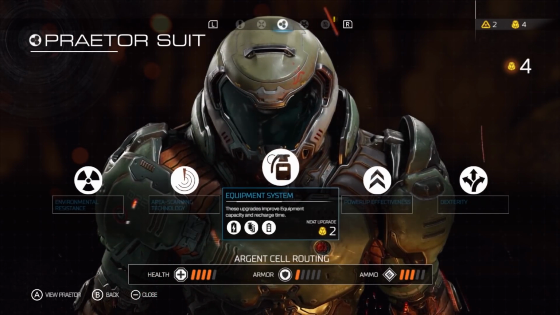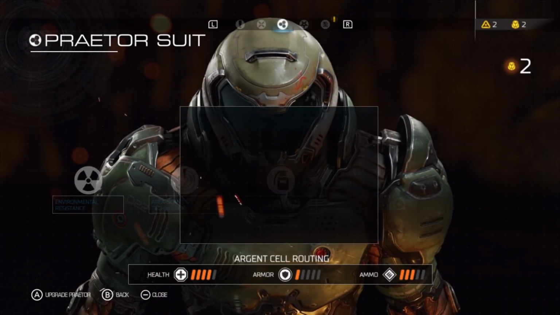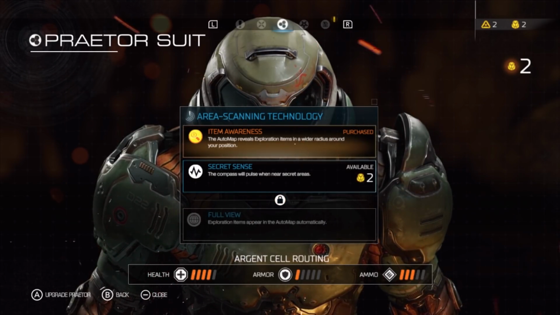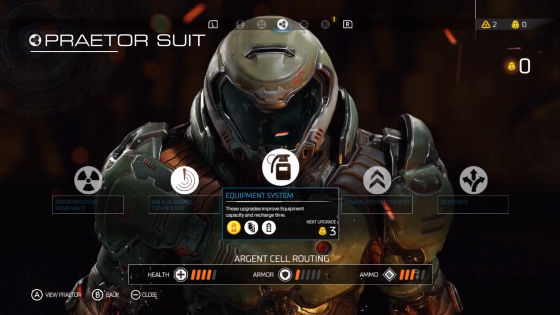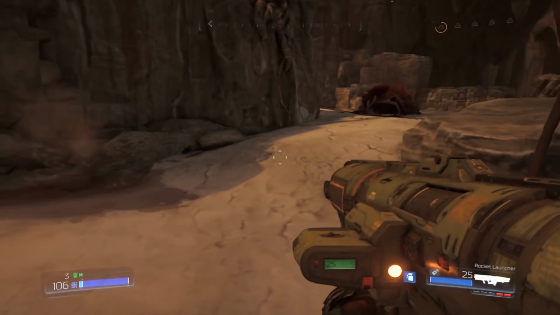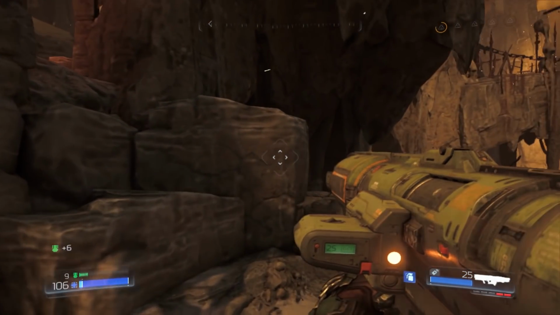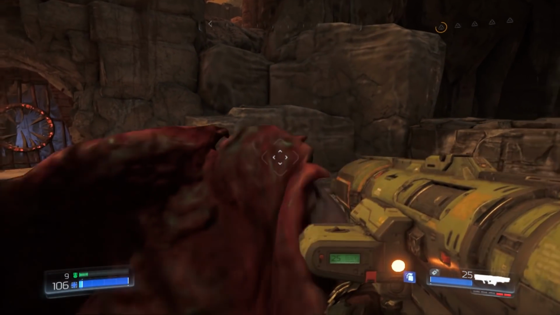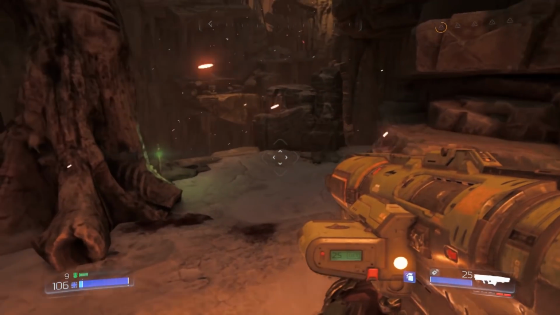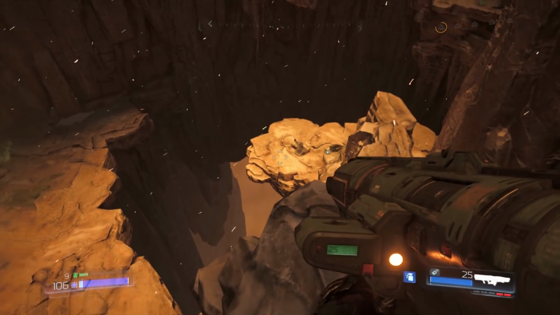This is what you spend your praetor points on. They're just little upgrades that you can use. The compass will pulse when near secret areas. I'll definitely buy that. And so you're just slowly but surely upgrading your dude as you move along through the game. It is a pretty easy formula to understand, but frankly, it's easy just to not care. And since you can even play arcade mode in the very beginning, which literally just upgrades you to...